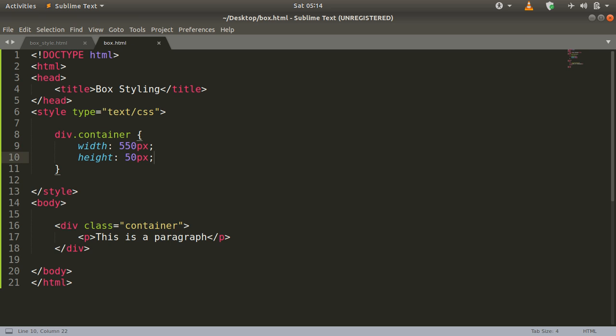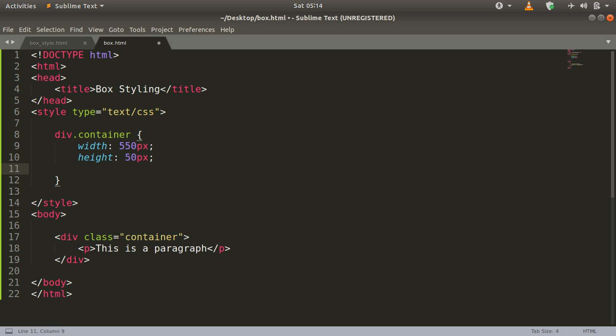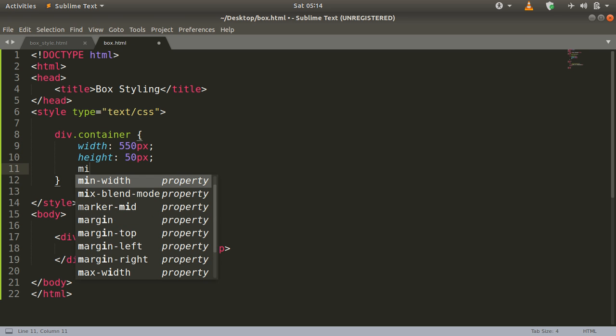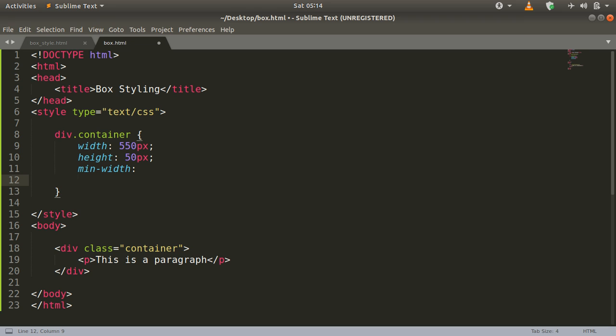There are also other properties which we can use for the height and width: min-width and max-width, and for setting the height, min-height and max-height.